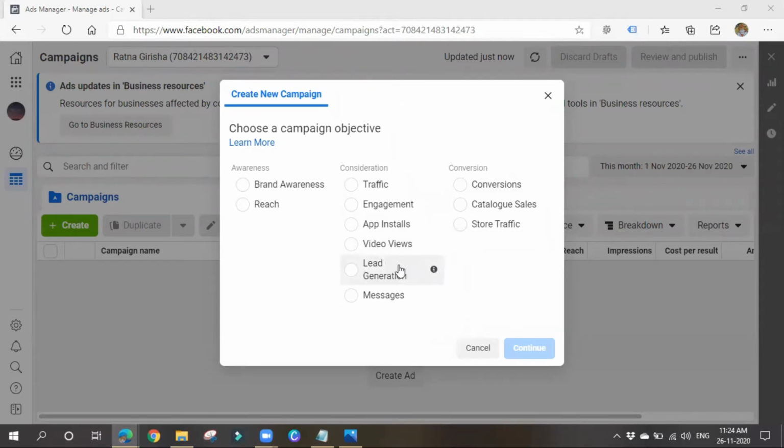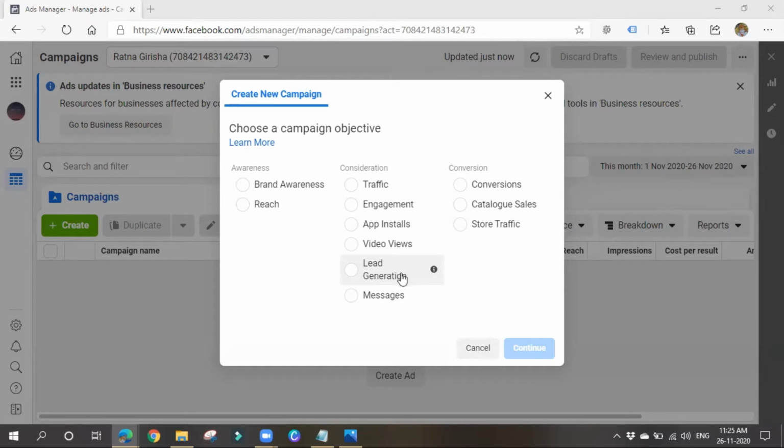Next thing is lead generation. Here, in case of lead generation, you'll be creating an ad. If someone clicks on your ad, there itself it will open a form, where you can collect all the details from the people. You can ask for their name, their mobile number, and collect all the people's details. But Facebook will charge based on impressions itself. It will be a bit costly, guys. Lead generation will be a bit costly. Why? Because you'll be getting all the details of people. So it is similar to Google Ads itself. When they click on your ad, they'll be shown a form, and the form will ask them to fill in their details.